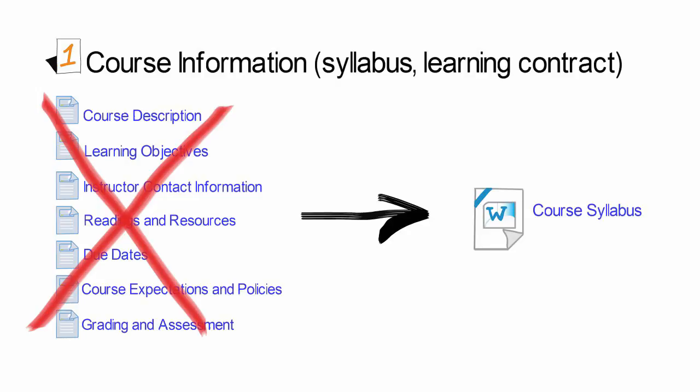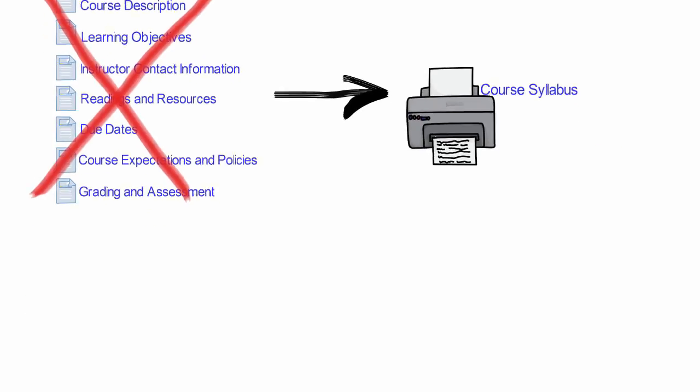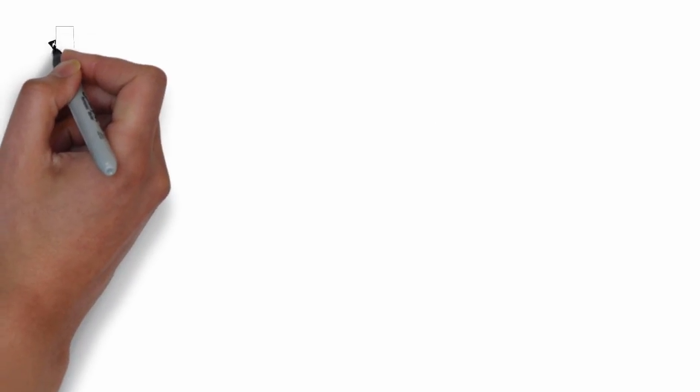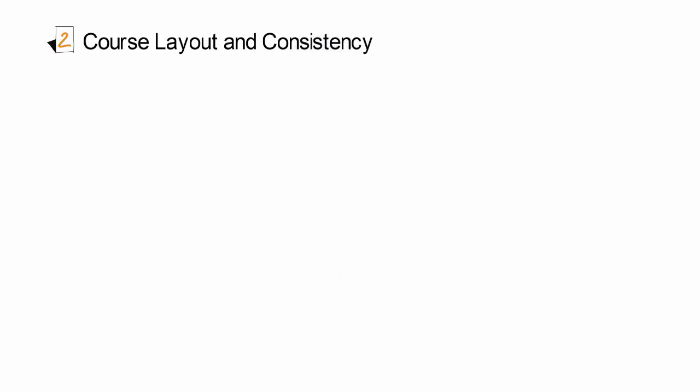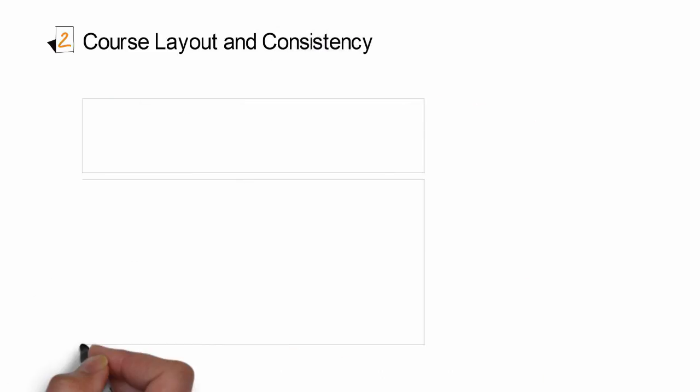Instead of having your students click on multiple links to get essential information, have a course syllabus and schedule added as a Word attachment or Moodle books that can easily be opened with one click and printed as one clean document. 2. Course layout. Whatever you have in your syllabus in terms of the course structure and terminology should be